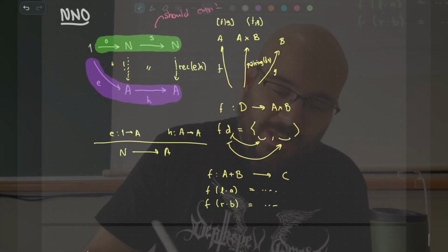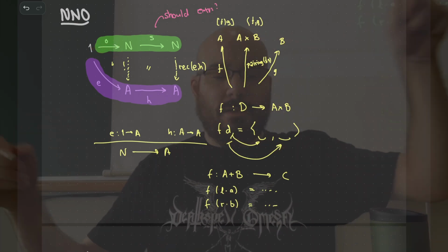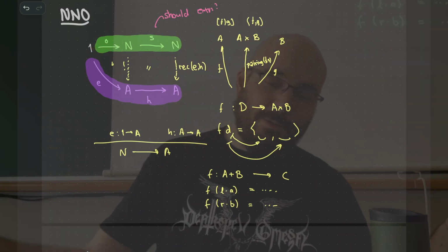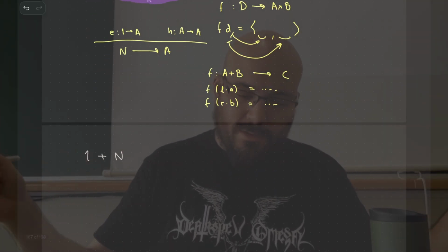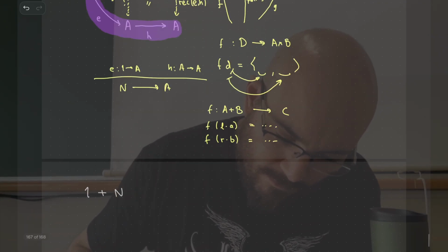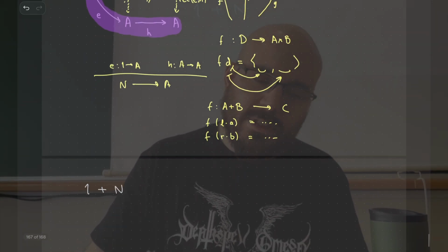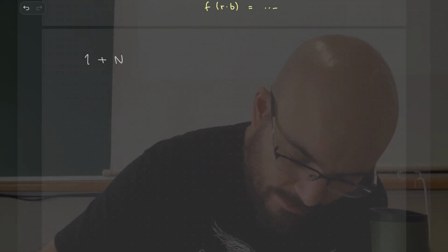Essentially what you have given me here is two arrows entering this object N, one called O and another one called S. So if you give me two things that go inside N, you have like,